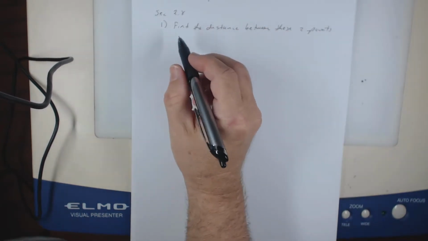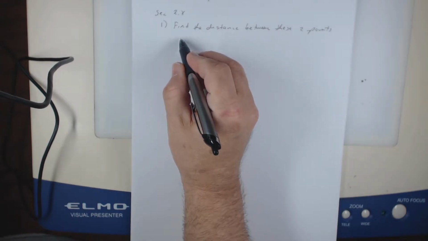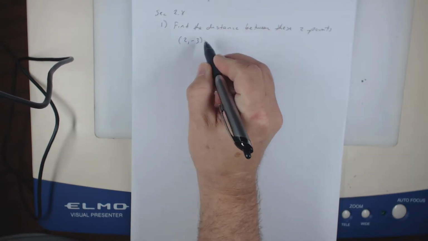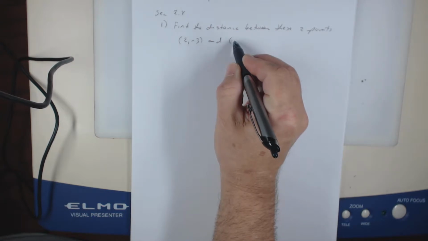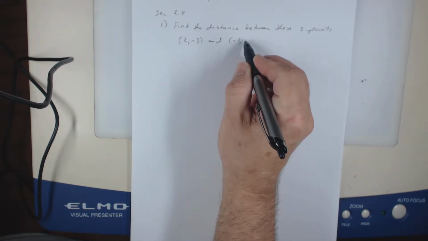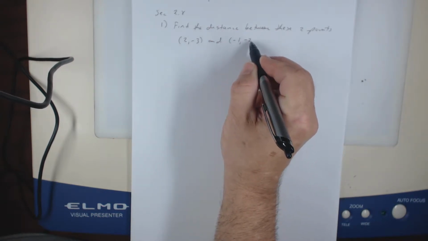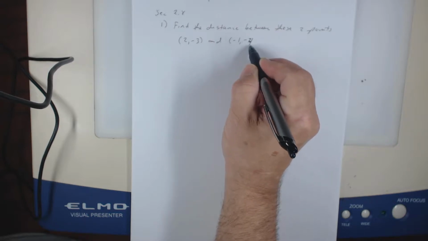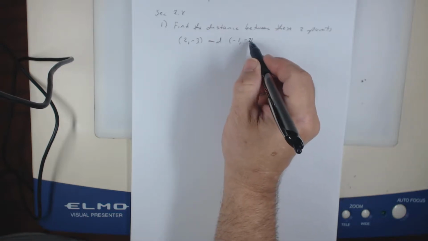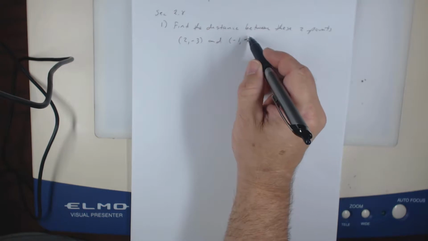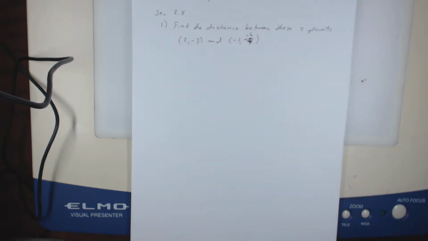All right, so let's say we had 2, -3, and -1, -2. Let's make it -4. Sorry. -6. Put that -6. So 2, -3, and -1, -6. All right, so remember the distance formula